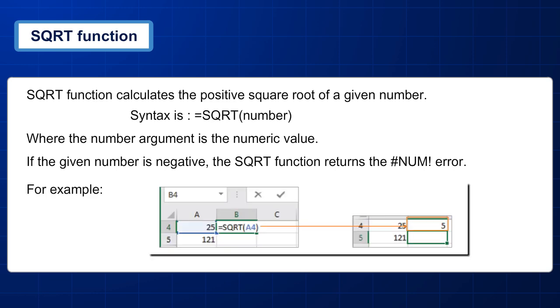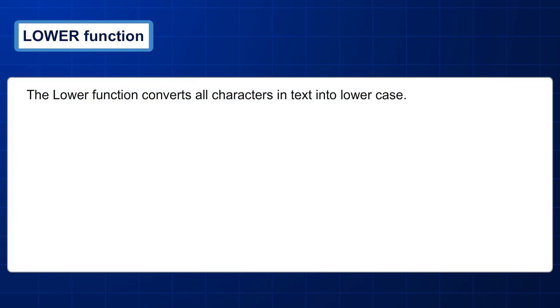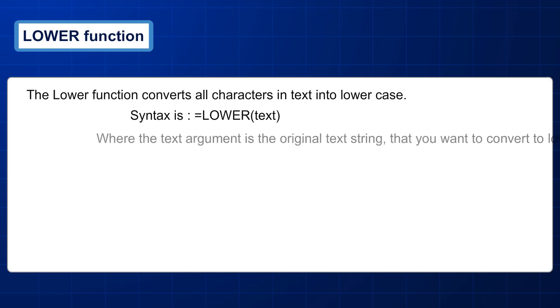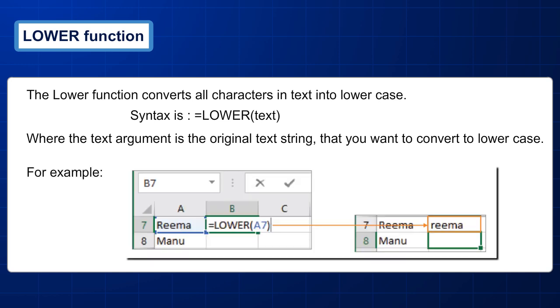For example, let's have fun with text functions. Lower function. The lower function converts all characters in text into lowercase. Syntax is equal lower text within brackets, where the text argument is the original text string that you want to convert to lowercase. For example,